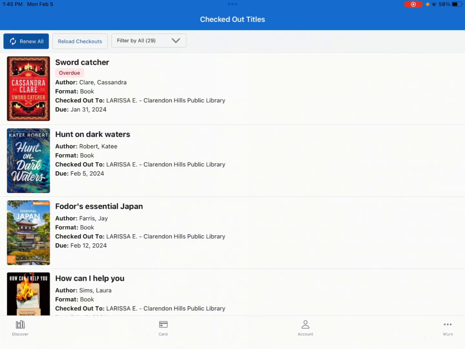So here you can see it will list all the books that you have checked out, and you can scroll through and look at all of them. It will also tell you if a book is overdue. So for example, the top book here, it says it's overdue, highlighted in red, so that way you know you need to get that book